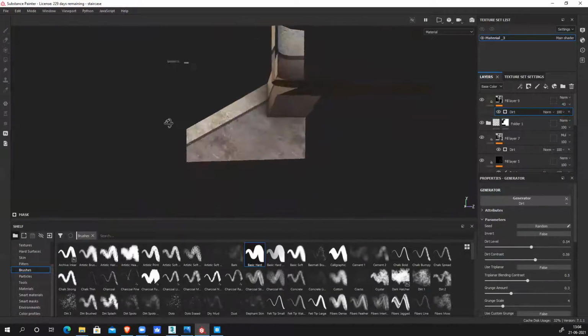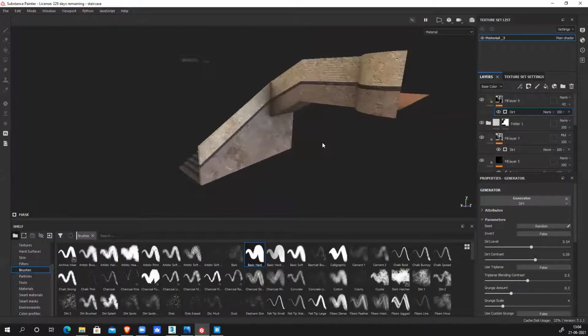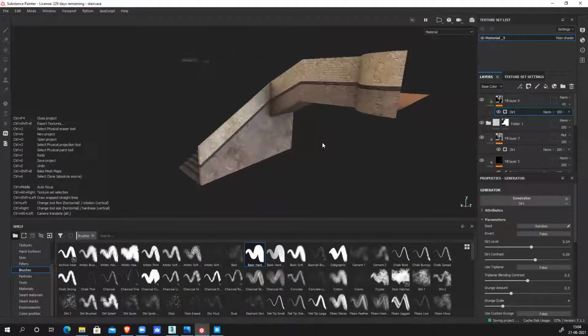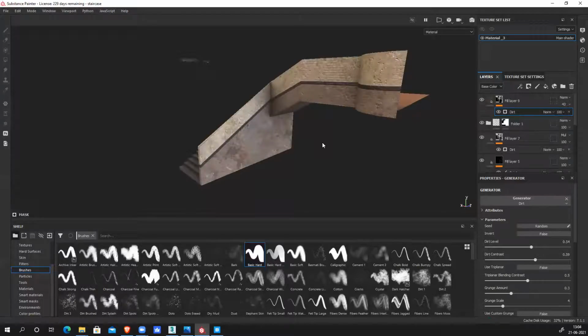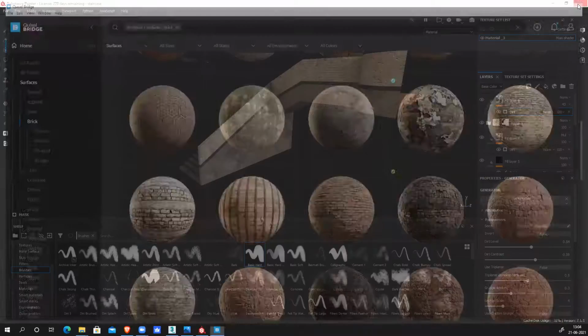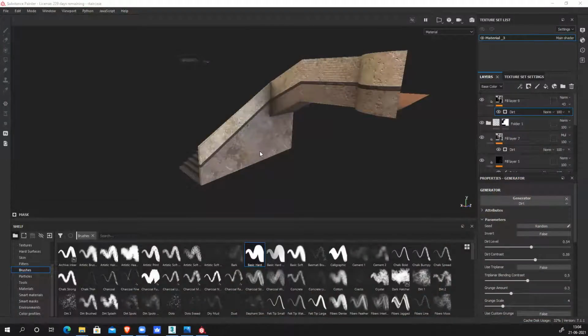Once you're done with this entire thing, save your file, export all the textures, and then we'll import it to Unreal. The process is the same for all the assets: create all the textures nicely, and then we'll export everything into Unreal and place it wherever it's supposed to go.